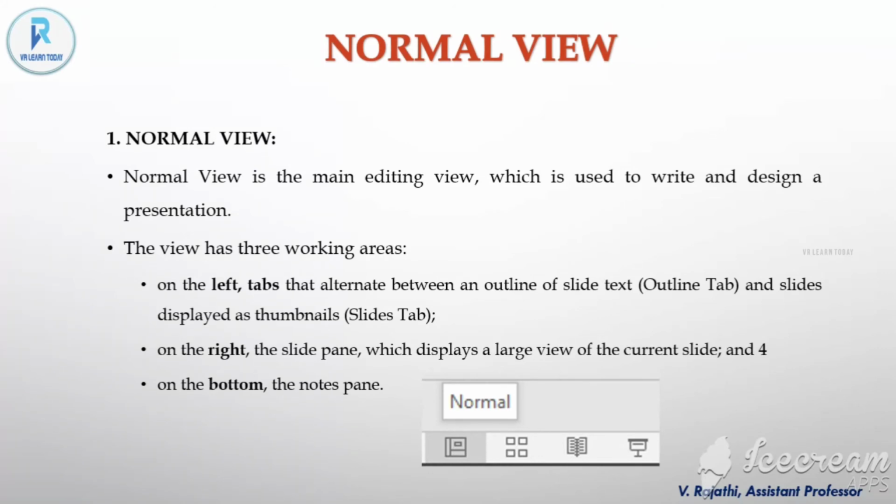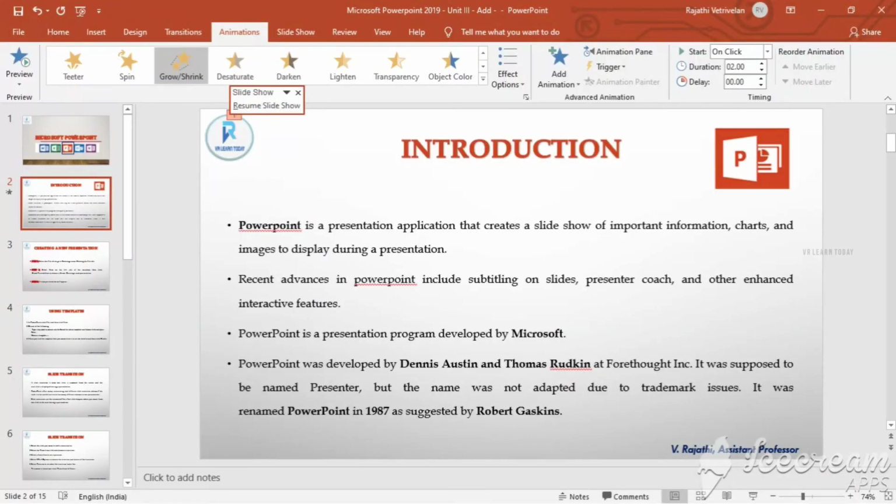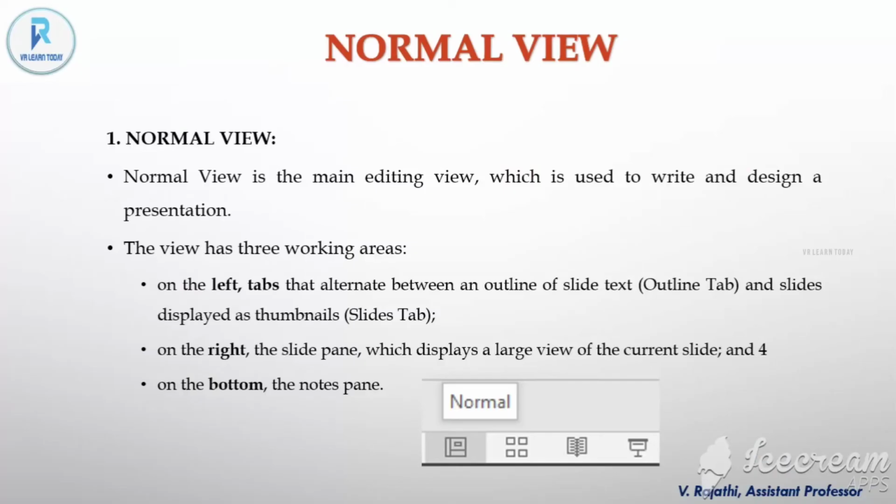On the right side, the slide pane, which displays a large view of the current slide, and at the bottom, the notes pane. So this is called the normal view. Here, on the left hand side, we have the slides in the thumbnail format. Here we can zoom any one of the slides for editing purposes. Okay, this is the normal view.